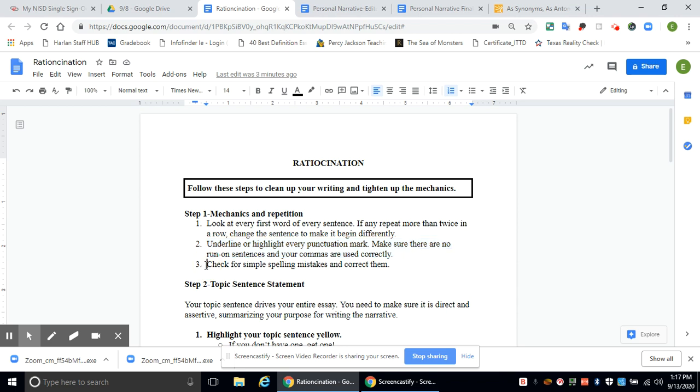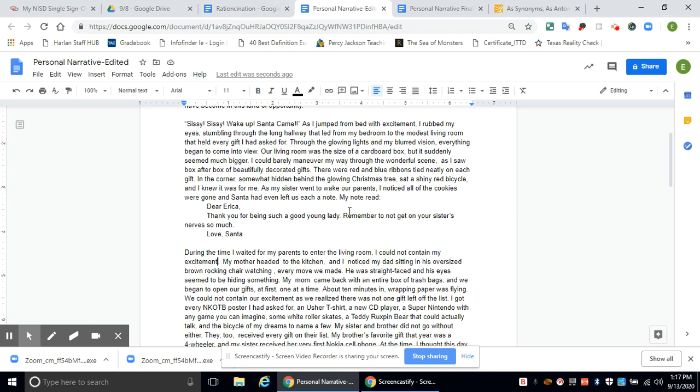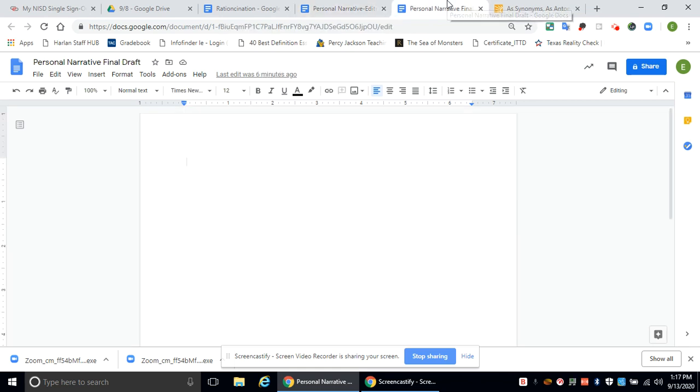Okay, number three is to check for simple spelling mistakes. If you see any red squiggly lines, please delete those and spell them correctly. And that's very easy, but just in case you forgot, let me misspell a word on purpose. So I'm gonna do remember. I'll spell it like that. And it actually changes it sometimes by itself, but if it doesn't, just right click on it and then click on the correct spelling of the word.